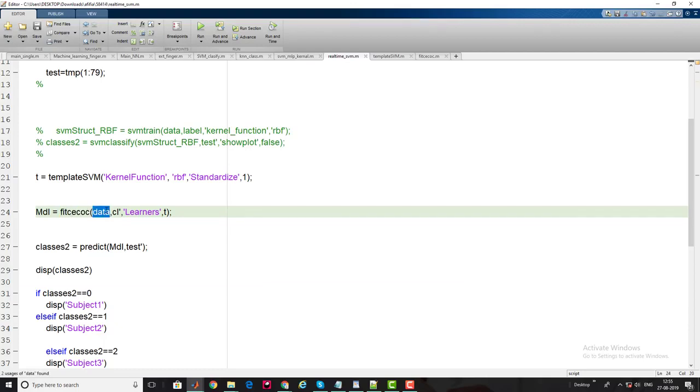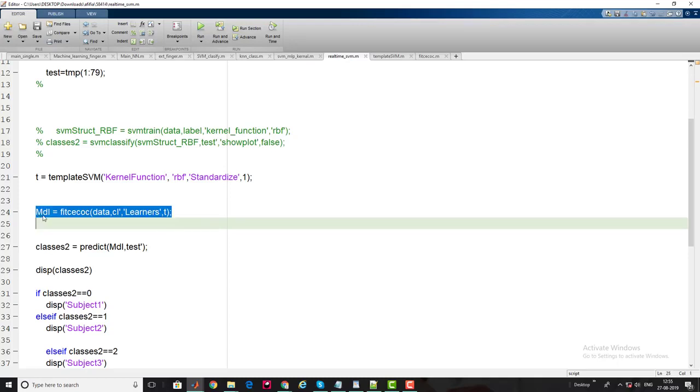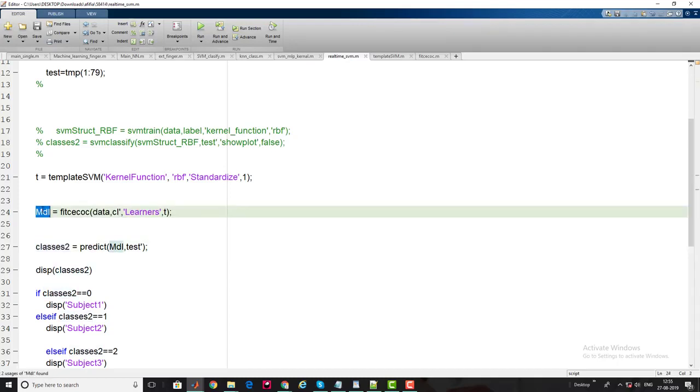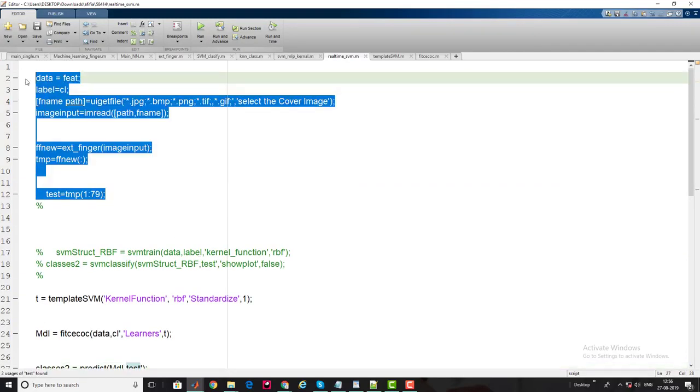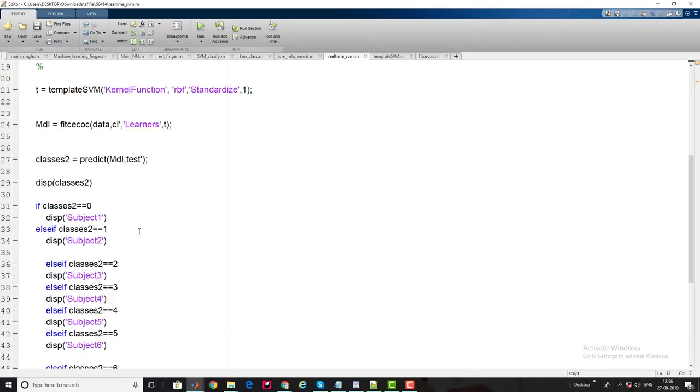This is my input feature data and that's my target vector, and I'll get a pre-trained model. Thereafter, this pre-trained model will be fed into the predict function, with a test image I select for classification.